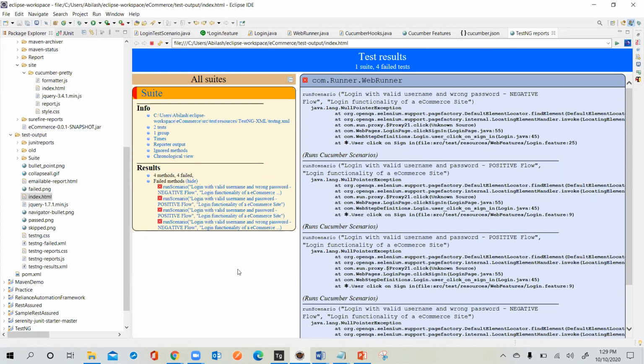And the basic information, how Cucumber is generating this information, and based upon this cucumber.json, how the HTML files are generated. The same way you have one more report, which is the testng-results.xml file. So these are very, very important, guys. In many places I haven't seen it. People should understand how a result will be generated when you execute it in TestNG.